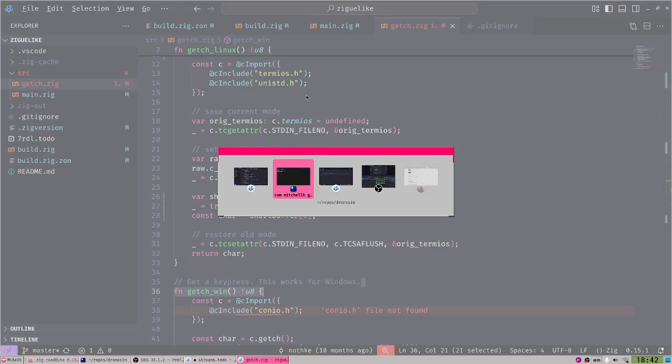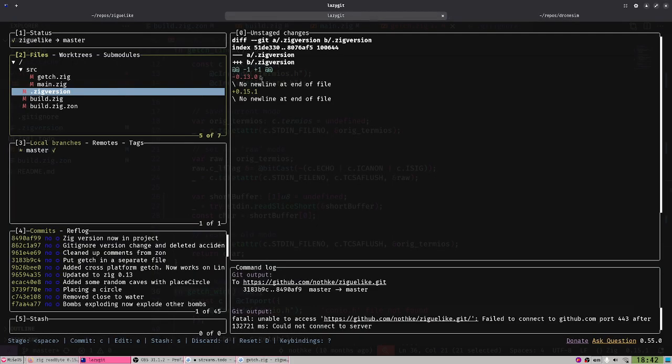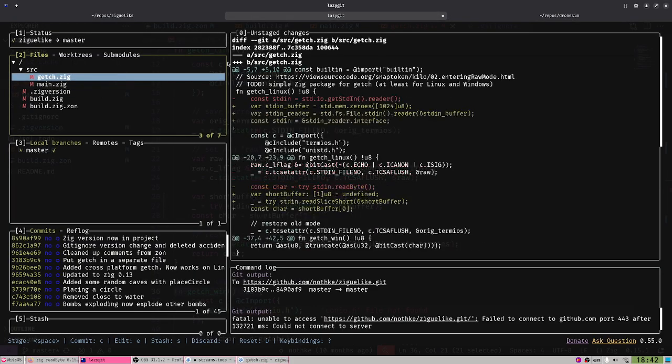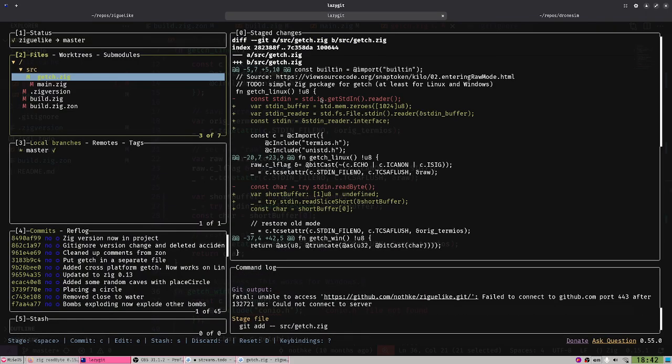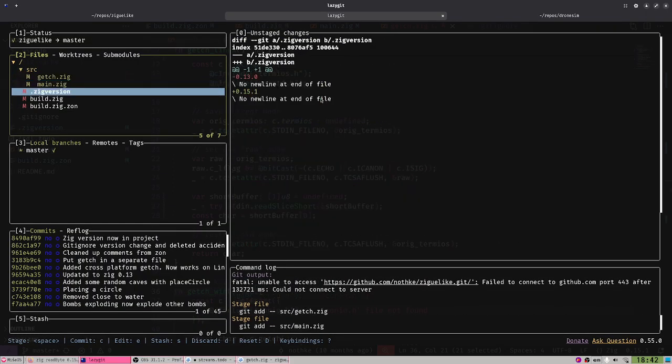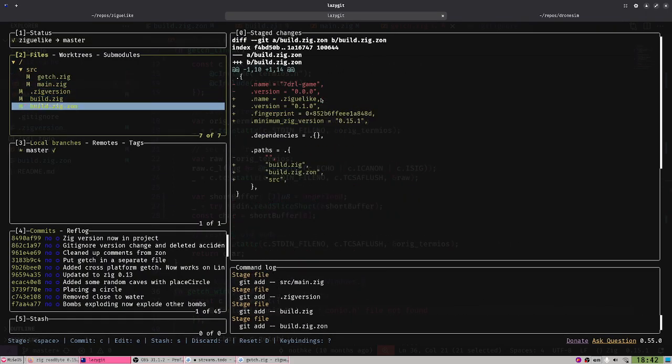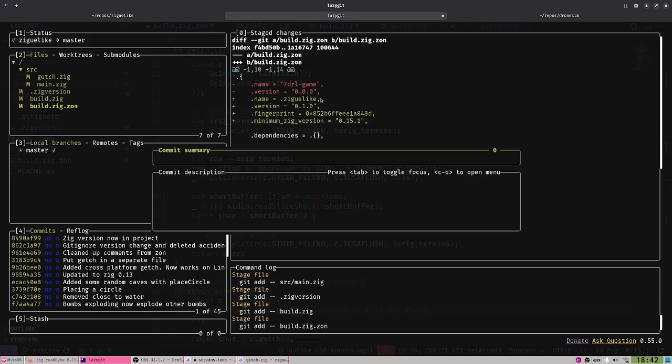Okay, let me just submit everything. Changed the getch main, added the Zig version 0.15, we have the build, and let's say updated to 0.15.1.